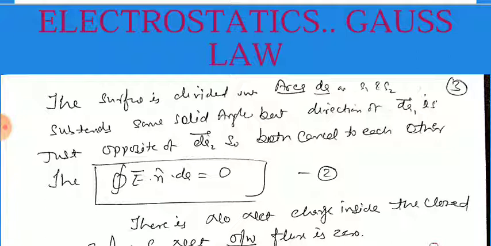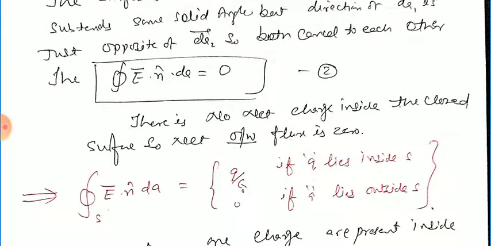So the solid angles subtended by the area dA1 is opposite of dA2, so we can obtain the integration of E dot n cap dA equal to 0. So there is no net charge inside the closed surface, so the net outward flux will be 0. If we summarize these two, then we can write the integration over the surface E vector dot n cap dA equal to q by epsilon naught if the q lies inside S,